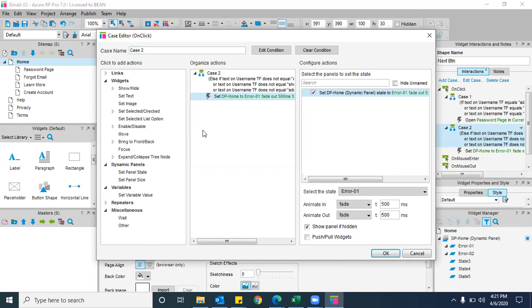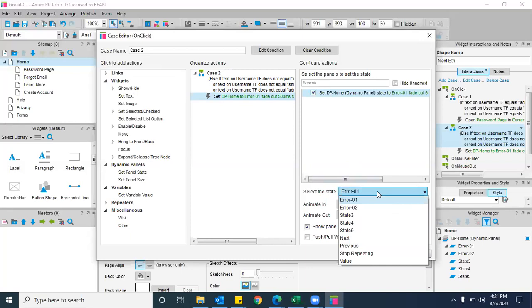Clear? And then next step is select the dynamic panel from configure actions tab.